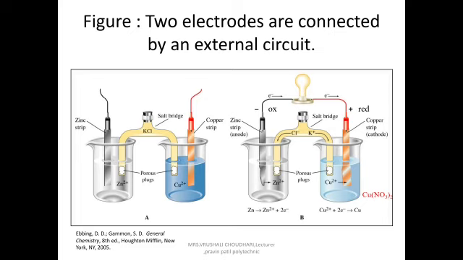In the first diagram we observe that the two half cells are not connected, so there is no flow of electrons and no chemical changes take place. But here, when they are connected externally, an active metal like zinc becomes the anode, and copper, which is stable, acts as the cathode. Zinc loses electrons and copper gains electrons. When current passes through it, chemical changes take place, and as electrons pass through the circuit, we observe a deflection in potential, or the bulb gets lighted.